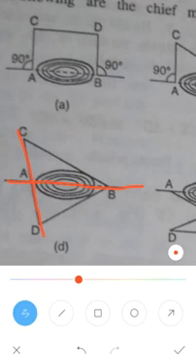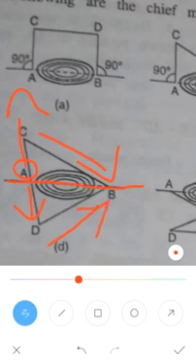Okay, what you have to do then is measure the lengths AC, AD, then BC and BD. All the sides, whatever sides are there, you have to measure. From A you measure C, from A you measure D, and from B you measure C, and from B you measure D. All these sides you have to measure.